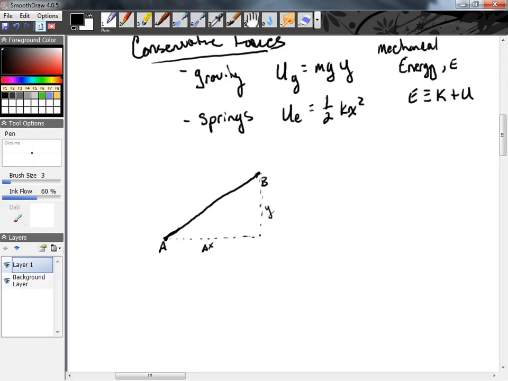But since the force of gravity only works in the vertical direction, only in the y direction, if we're trying to study the work done by gravity, anything in the x direction is going to give us an i hat dot j hat situation, and so the total work by gravity in the x direction equals 0. Well, this is a pretty important idea, because if the work done by gravity equals 0, then we could take a path that goes